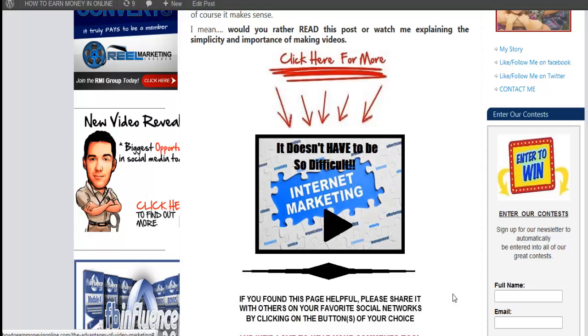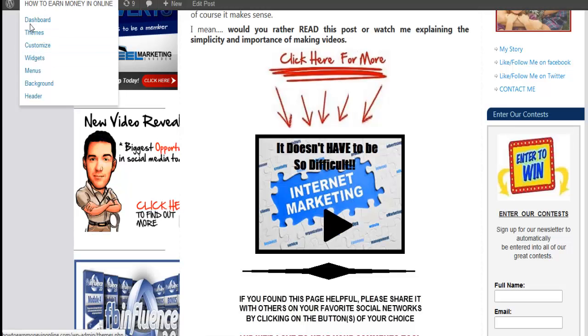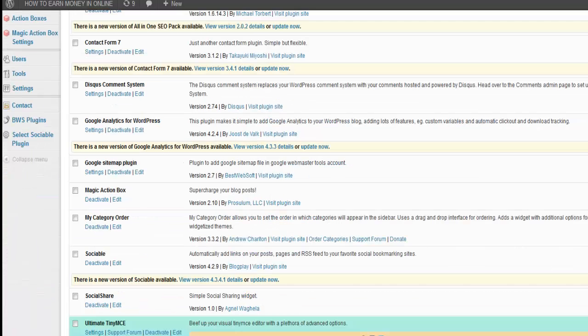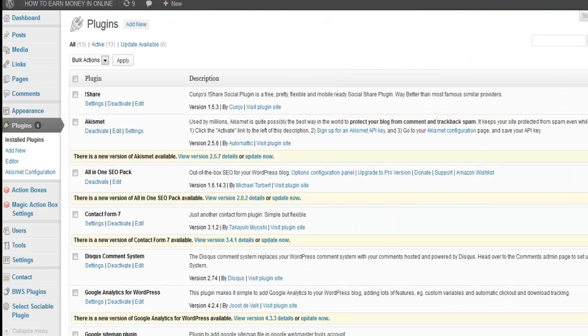I love that. So the first thing that you're going to do is install the WordPress Video Lightbox plugin, of course. And I'm going to assume you know how to do all this. You plug it in, or you go down to their site and upload it and install it. WP Video Lightbox is the plugin that you're going to be looking for. So once you've installed that and activated it, then you're going to want to go over to their guide and